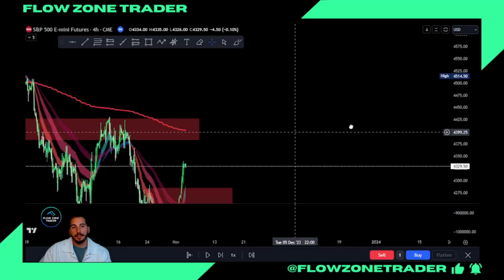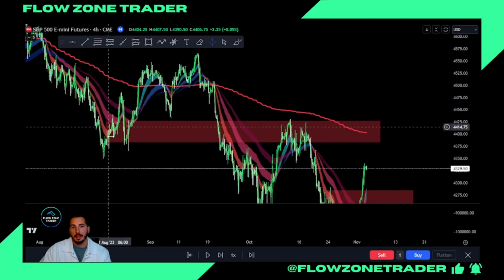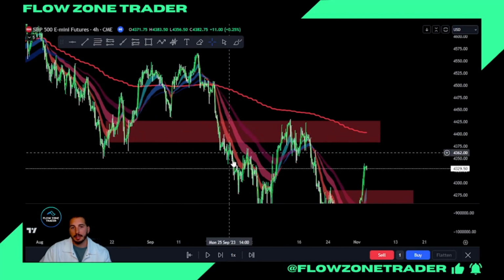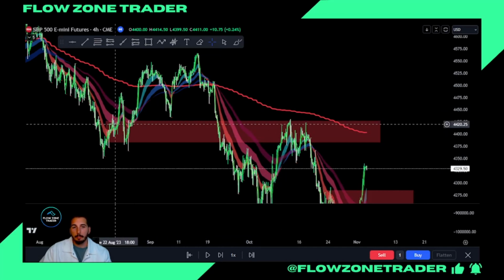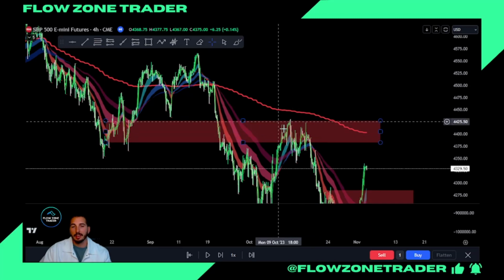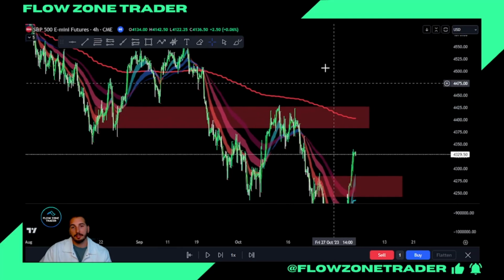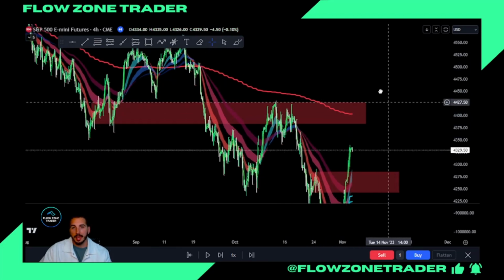The other thing we have is this old supply level. So this old area of demand where we put in this double bottom before pushing up, okay? This is where buyers stepped in back in August. Once we washed them out and got a clean break underneath, that flips to supply for me. Why? Because these buyers are underwater. So when it breaks back and gives them a retest, I expect that to fail because I know they're selling their position flat. So this is a target now. It is a target now. This would be a retest.